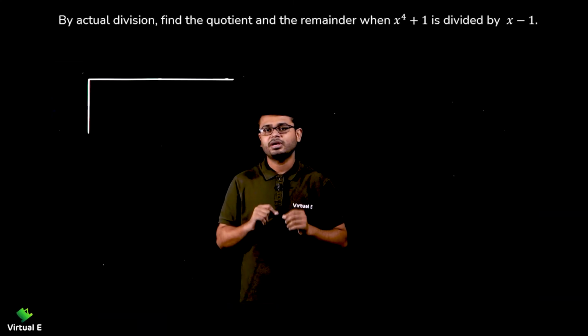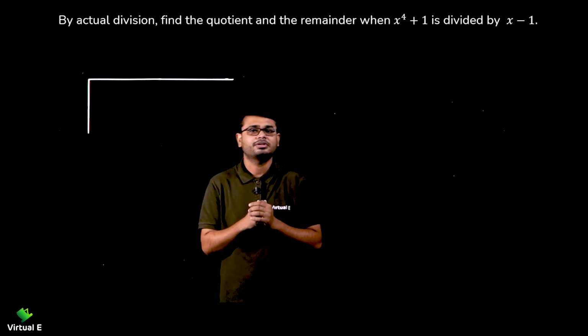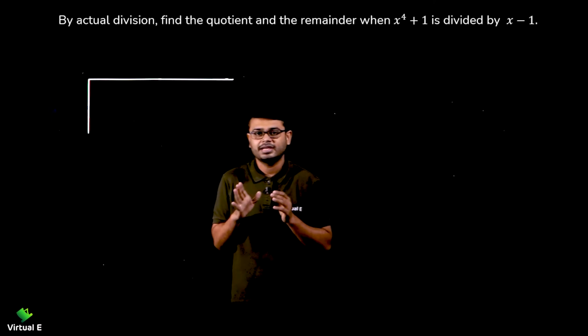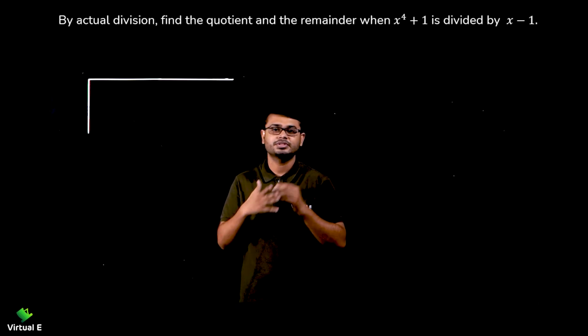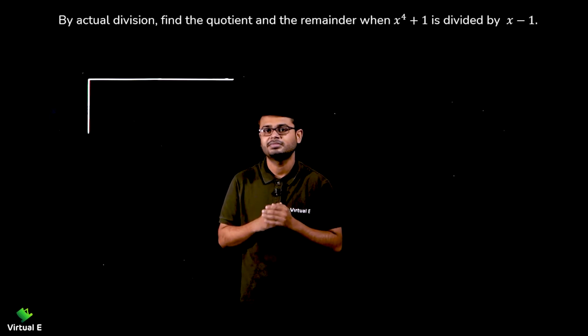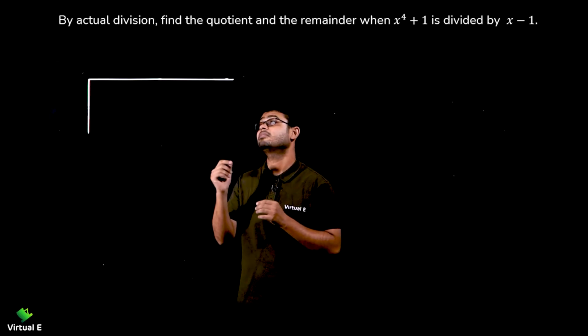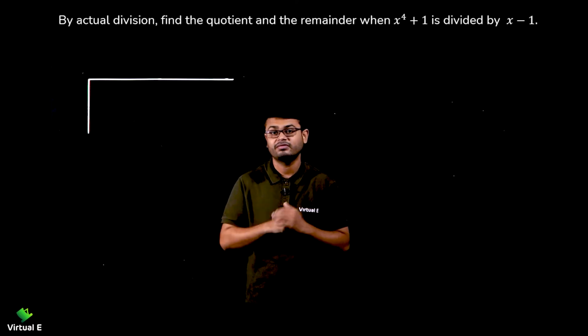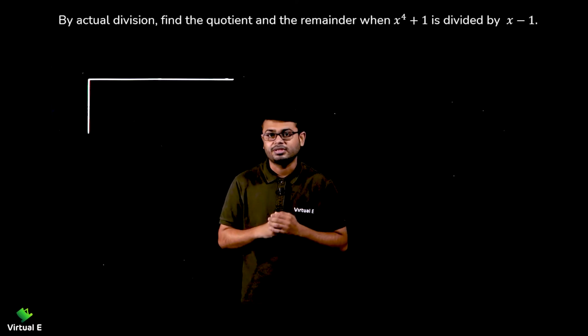Let's discuss one more interesting problem related to the long division algorithm. So far we discussed that we have so many terms, 3 terms, 4 terms as well. Let's see when we have the power x raised to 4, a degree 4 biquadratic polynomial. Let's start. By actual division, find the quotient and the remainder when x raised to 4 plus 1 is divided